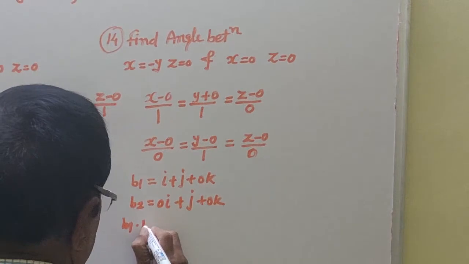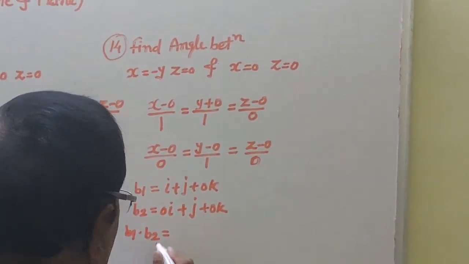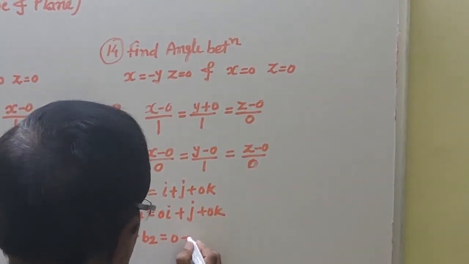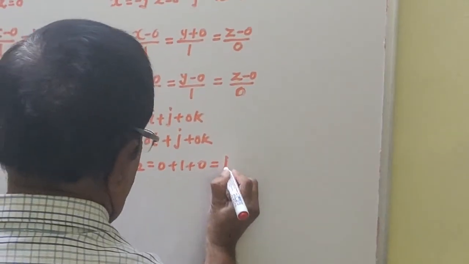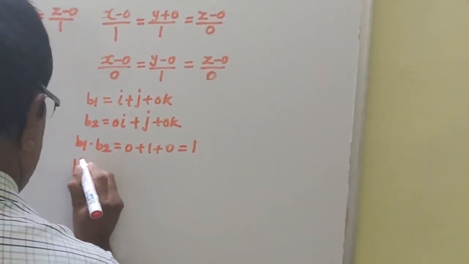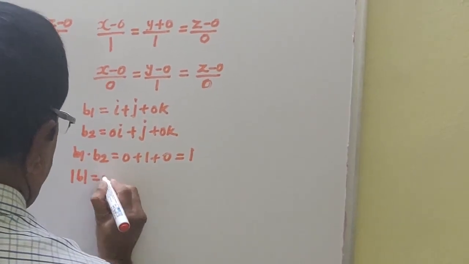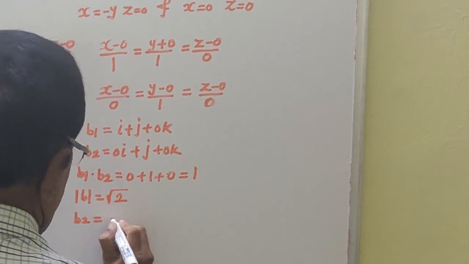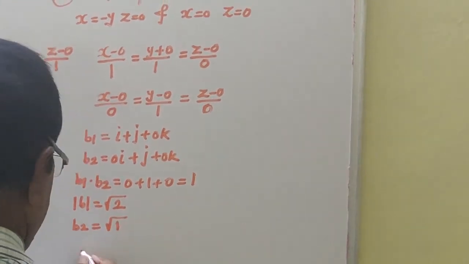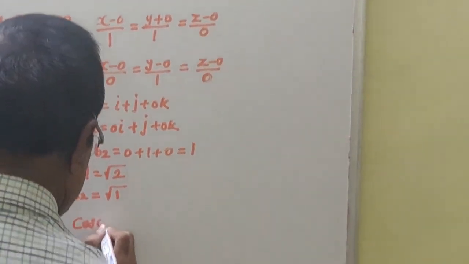b1 dot b2 is equal to, what will come here? This is 0, this is 1 and this is 0. Okay, now this is the value of 1. Modulus of b1 is equal to under root of 2 will come here, b2 will come to be under root of 1. Therefore, cos theta is equal to